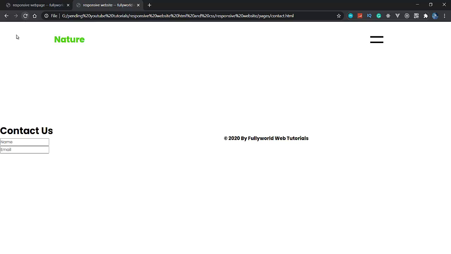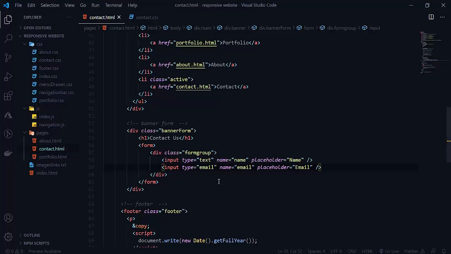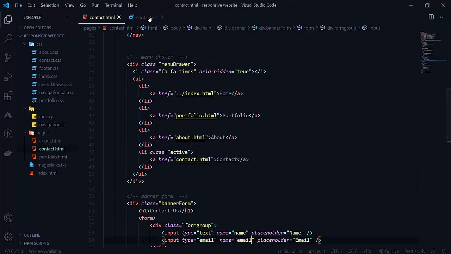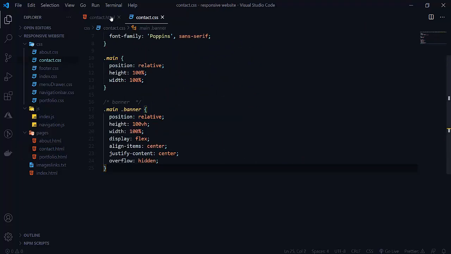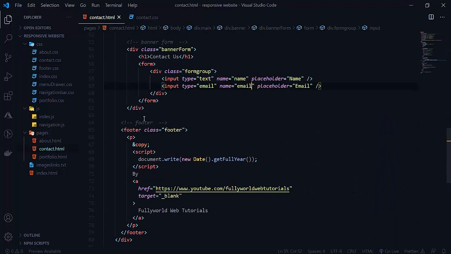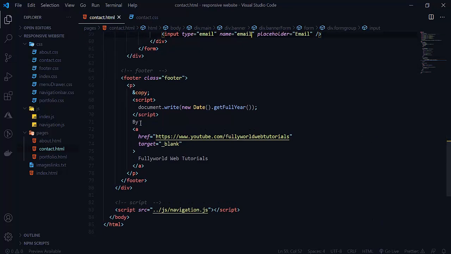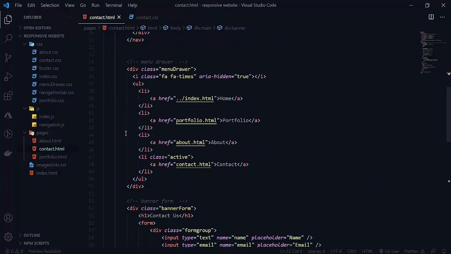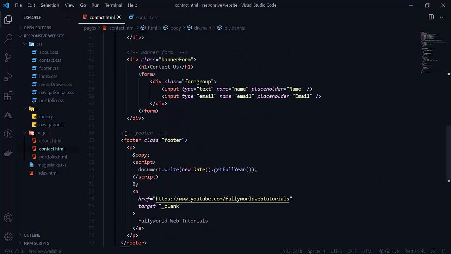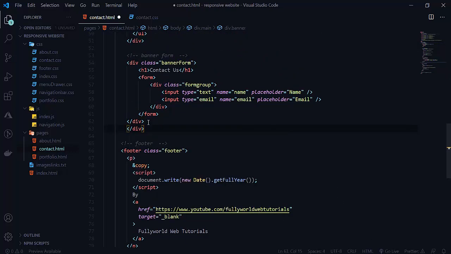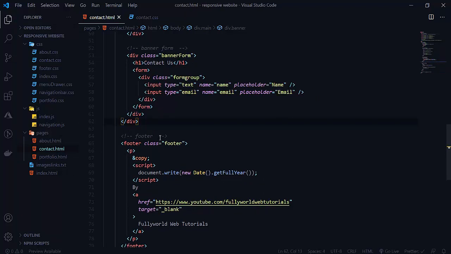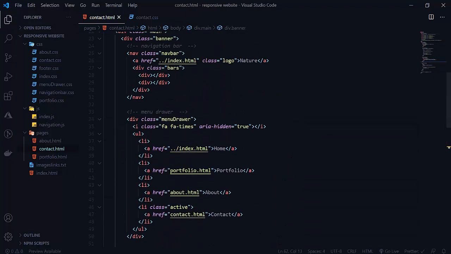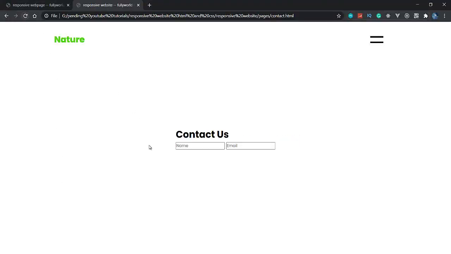See that here our first form group is created. We are getting it like that because there is display flex here. Main has a banner here. See that our footer is, I think, under the banner, so that's why we are getting it like that. So this is the banner div. We want one div to close here. Now we will get the same result because our banner div, I think it is deleted, so that's why it is happening here. See that now we are getting the correct answer.